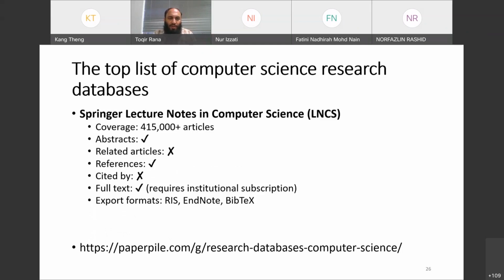So here you can find around 500,000 articles. You can get abstracts, references, full text, and you can also import these citations into EndNote, BibTeX, and other tools. And here I have mentioned the website from where I have collected these statistics. So these are the most famous